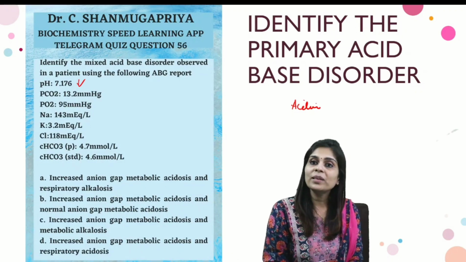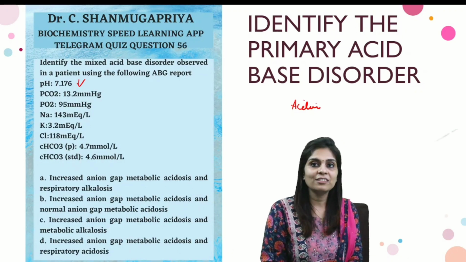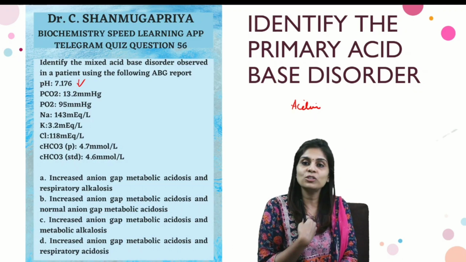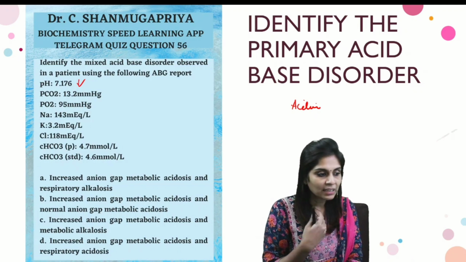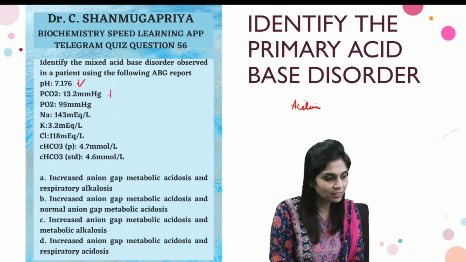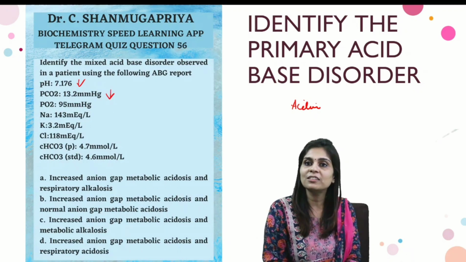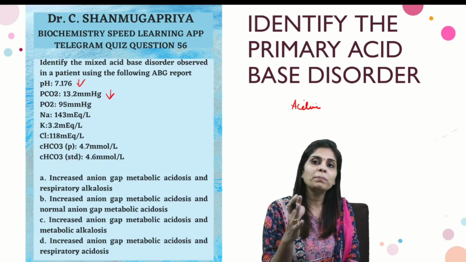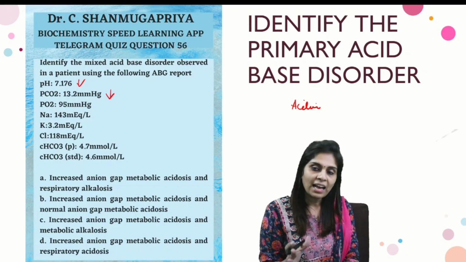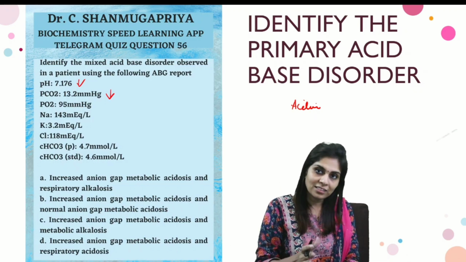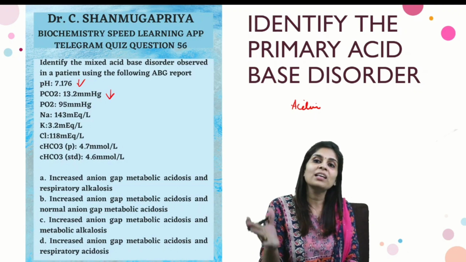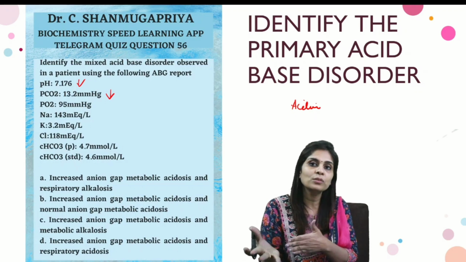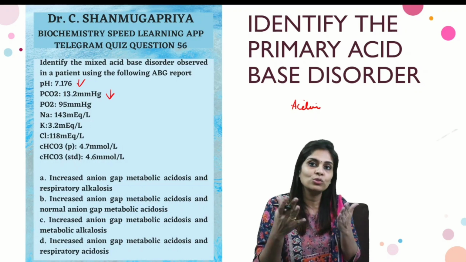Now to find out whether it's metabolic acidosis or respiratory acidosis, I'm going to look at PCO2. I know that the normal PCO2 is 36 to 44 millimeters of mercury. In this condition, PCO2 is just 13.2 millimeters of mercury, which is low. Now, can a low PCO2 explain a low pH? The answer is no. Had the respiratory disorder in this patient been responsible for the acid-base disorder, it should have caused only alkalosis. Low PCO2 causes only alkalosis because carbon dioxide is a source of acid.